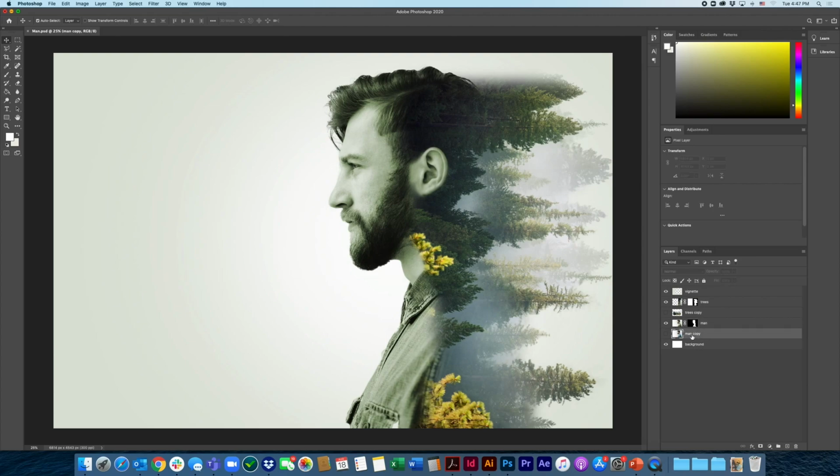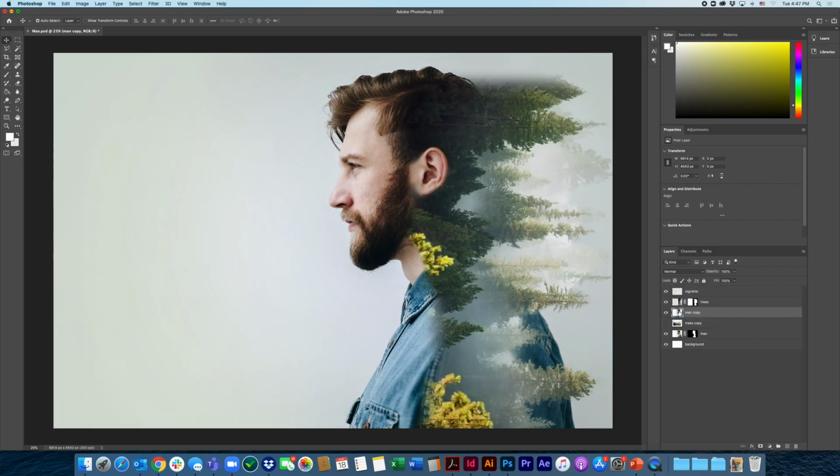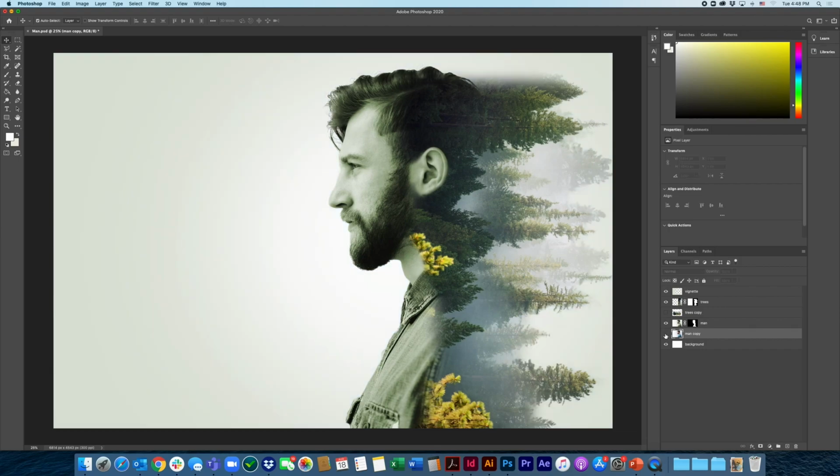This particular one, man copy, it's not currently on, but if I click and drag it to the top and I turn it on, you can see the original image we've been working with. And so, I can bring it down underneath each layer, and you can kind of see what happens when it's underneath a series of images, and then when I turn it off entirely, you can see how it interacts with